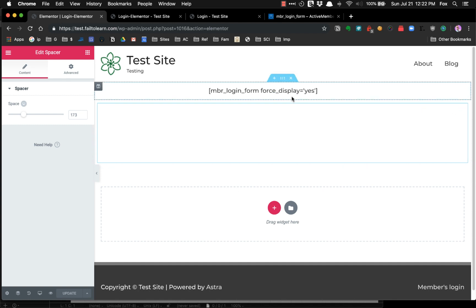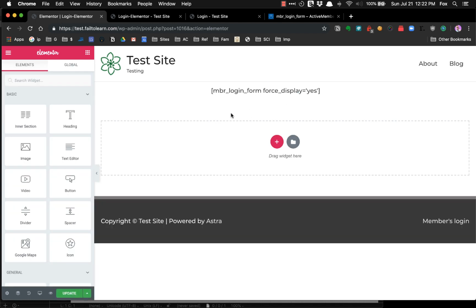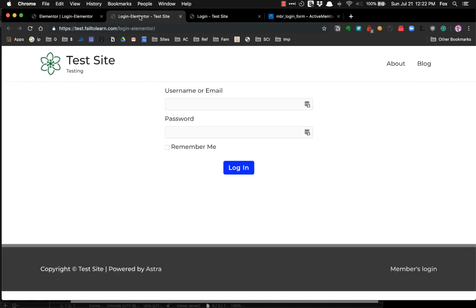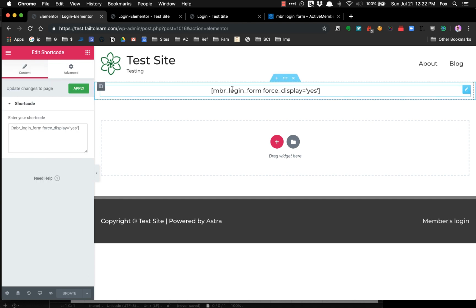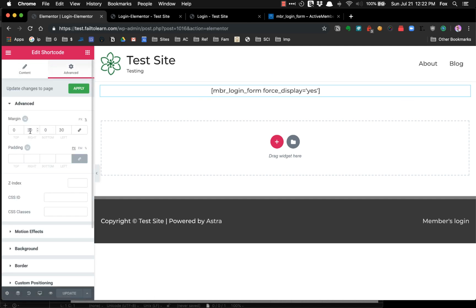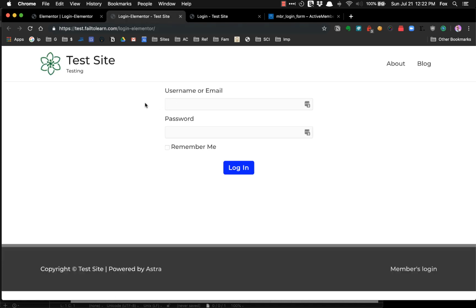I'm going to remove this spacer and make some other changes here just so you can see what's going to happen when we start making some of these changes. So I'm going to update this. One of the nice things about Elementor is this responsive mode setting. So now we've added, whoops, go back here, this margin on the right and the left,